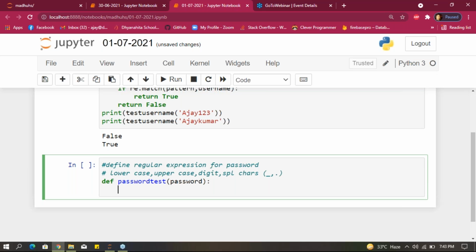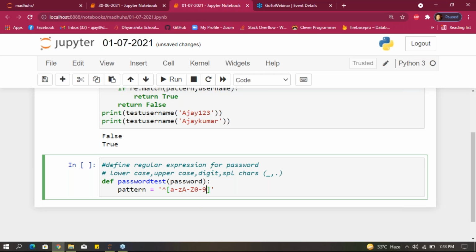After that, pattern equals, give the cap here. I want small a to small z, capital A to capital Z, and after that give 0 to 9.